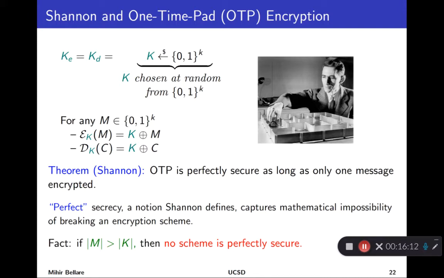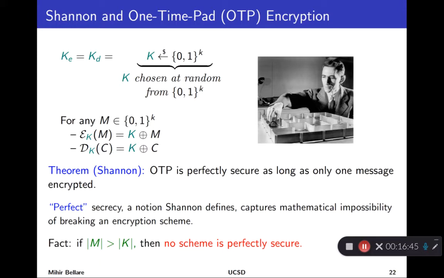We have perfect security. But there was a practical drawback to this setup, which is that perfect security is only possible when you have more key bits than message bits. So at the bottom, when I write these bars around this, remember the message and the key are both strings of bits, and the bars denote their length. So let's say the key was 1,000 bits. Well, up here the message was also 1,000. But 1,000 is quite short for a message.